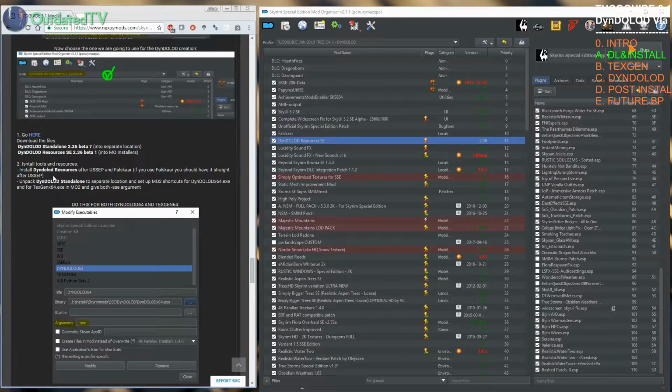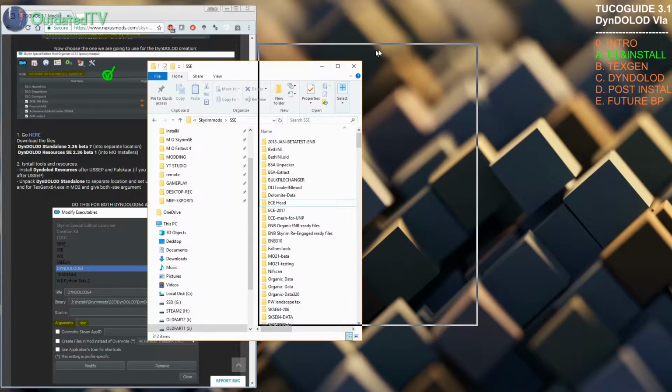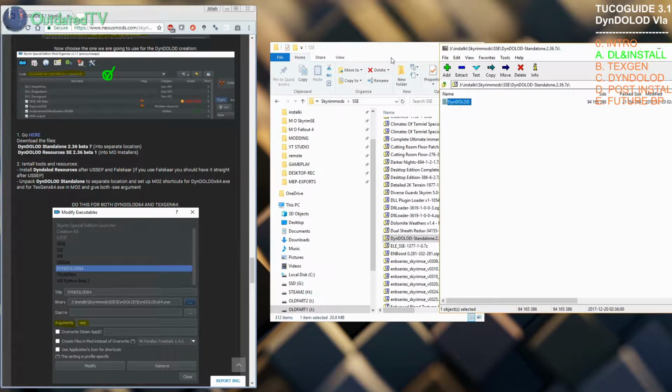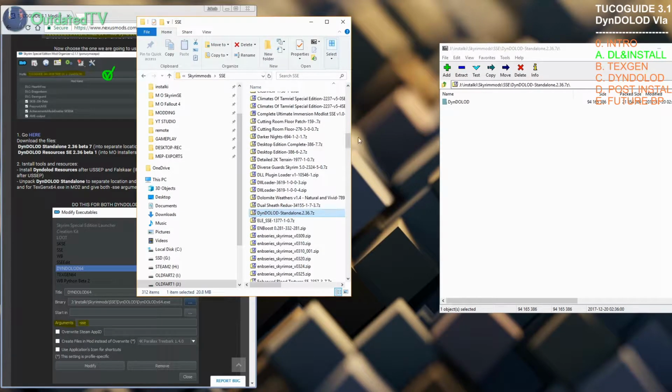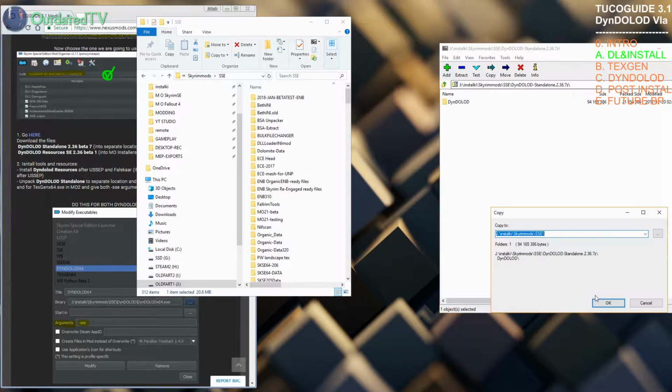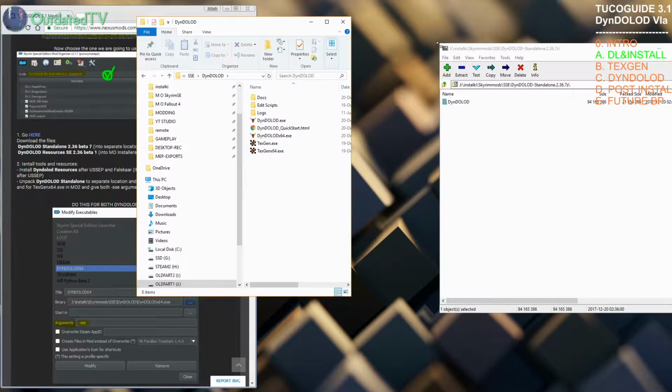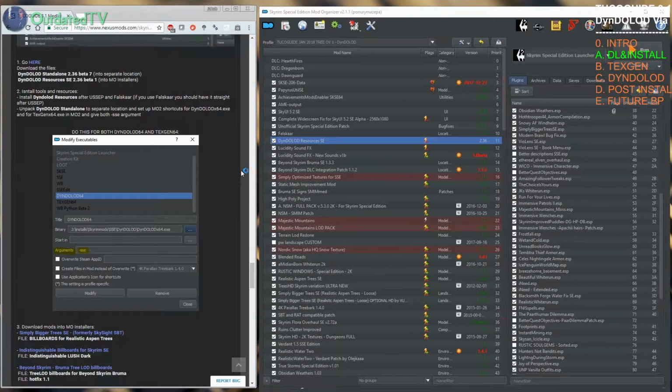Next up, we will unpack DynDOLOD standalone to a separate location and set up Mod Organizer shortcuts for DynDOLOD x64 exe and TexGen64 exe. So let's get to it. Let's open the folder where I downloaded it, find the file. Standalone file is here. So here's the directory. I'm going to unpack to my SSE folder with tools, and here are the files of DynDOLOD and TexGen. So now let's configure